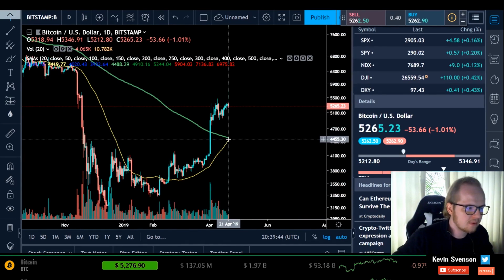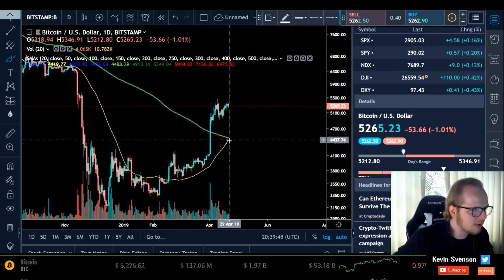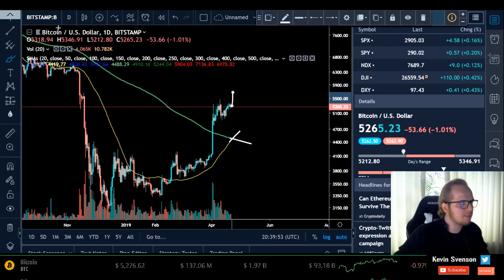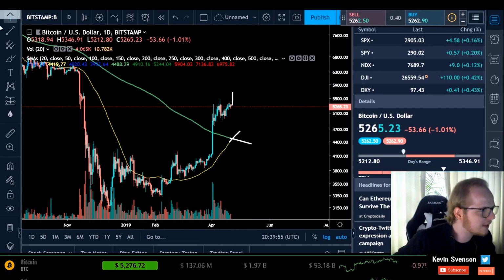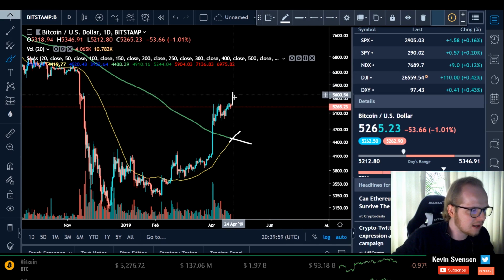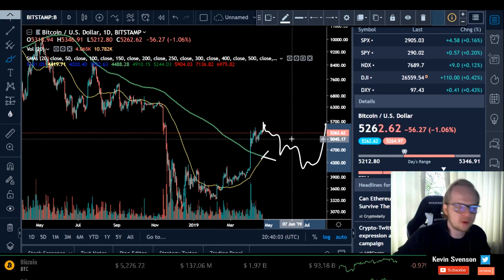Golden cross here at the peak of the move. Maybe when we actually get the golden cross here, maybe the price, who knows, maybe we pump up a little bit more when we get that golden cross. But based on Bitcoin's history, it is most likely that we actually sell off into the golden cross, because you